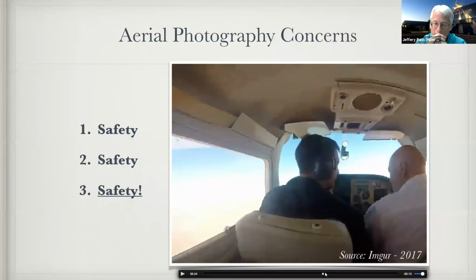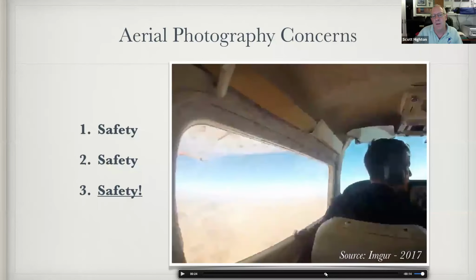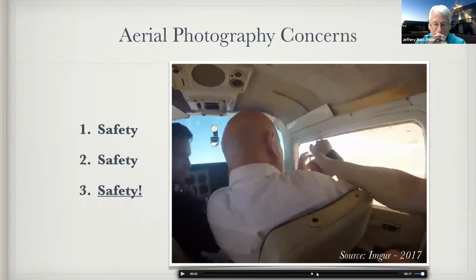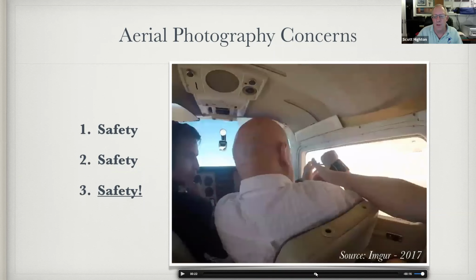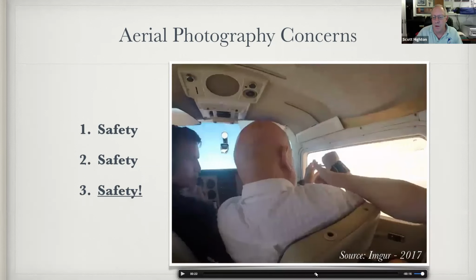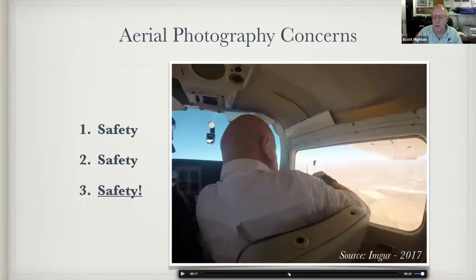First of all, if you look around, you see there are two perfectly good shoulder harnesses that are not in use here. There's also two perfectly good headrests that are not in place. These are safety factors. And if we can go back to the actual loss of the camera,